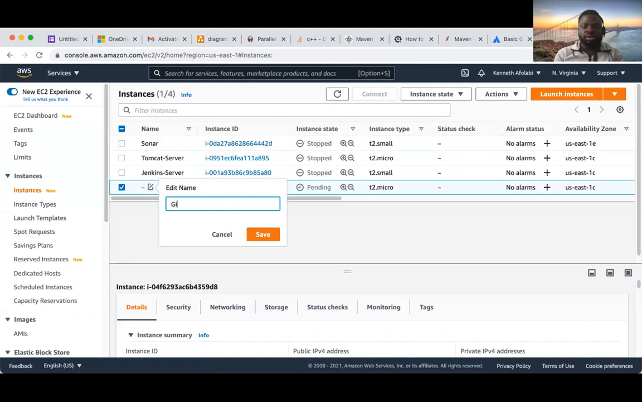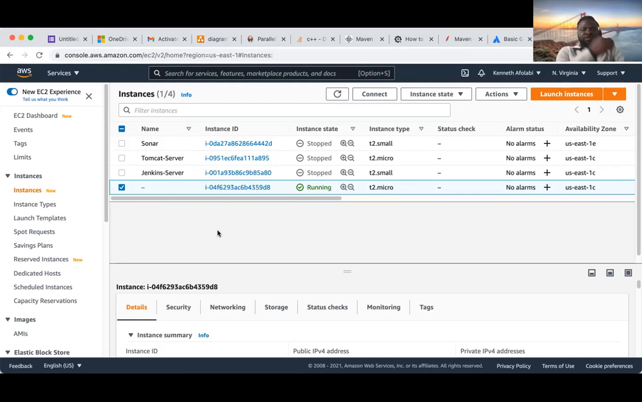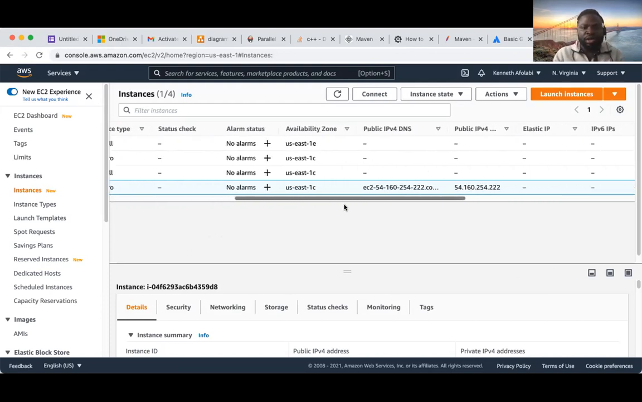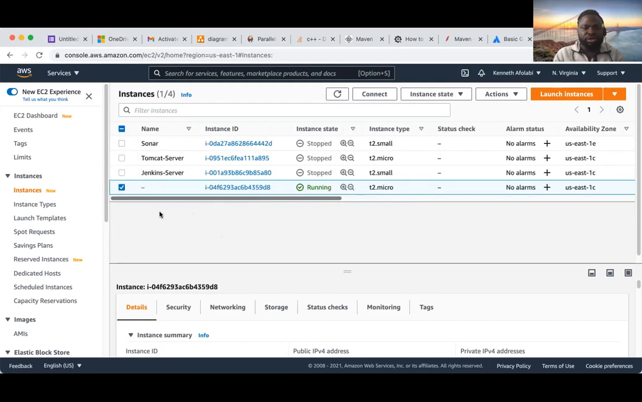Let's say Git server or whatever. I don't know why it disappears. Whatever, but you can name it from here and everything. But the point is this server is up and running now. So I will try and connect with it with my